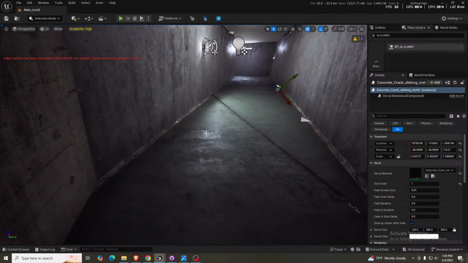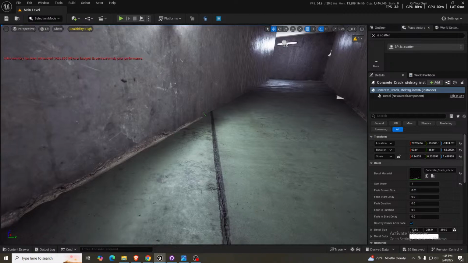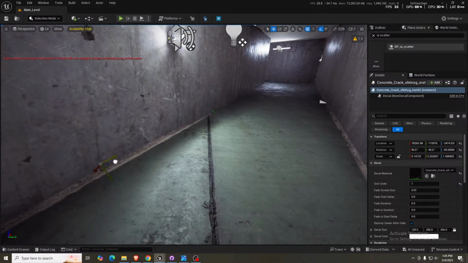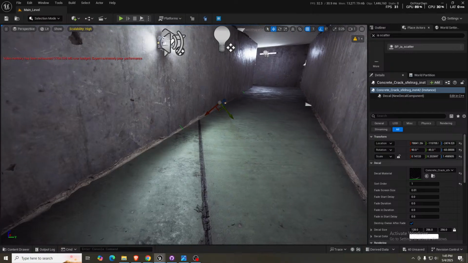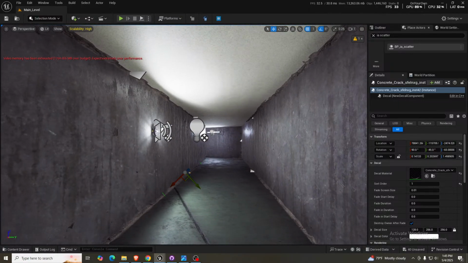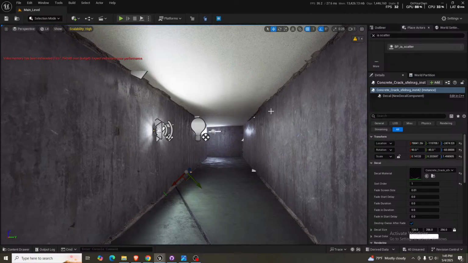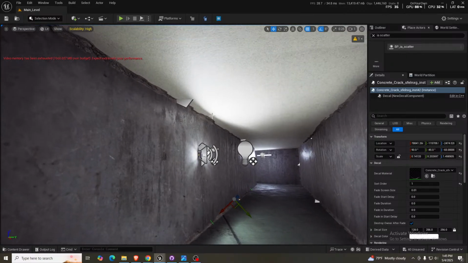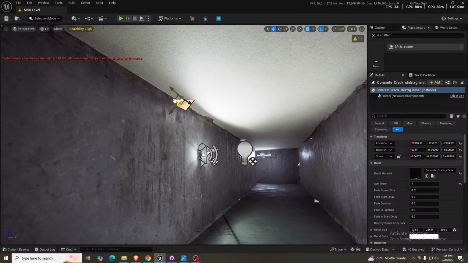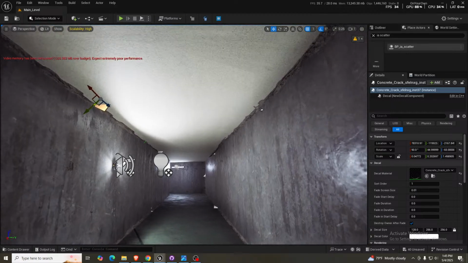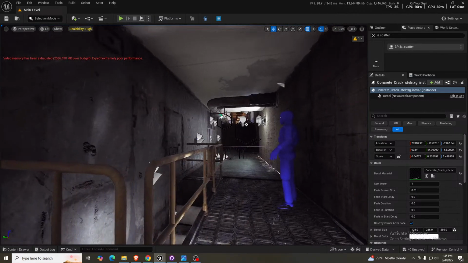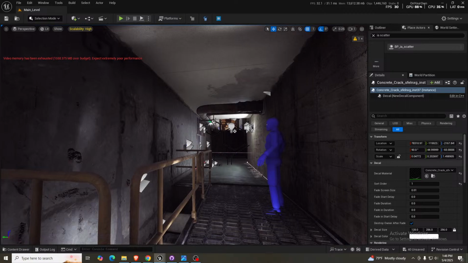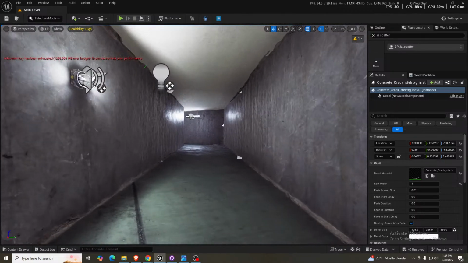These corner decals help so much with removing that harsh transition. It's not so much that, but just these really straight lines, not painful to look at, but just